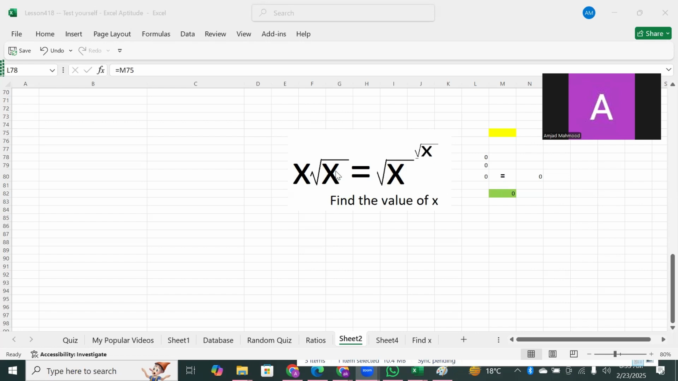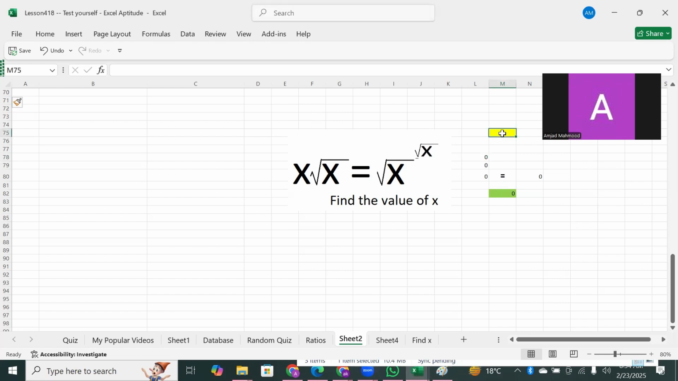Viewers, welcome to this very interesting quiz in which we have to find the value of x, and the equation is this. It means x, the root of x. So x multiplied by root of x equals root of x raised to the power root of x. So let's